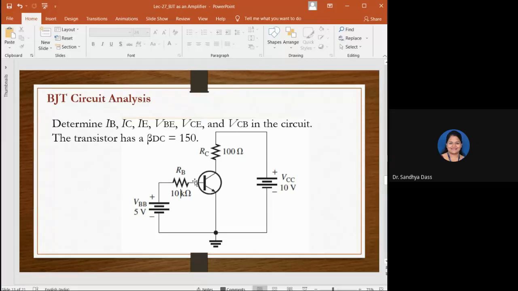But what about the voltage across VBE? Recall the two junctions, the emitter base junction and the collector base junction. Where are they? Can you identify here? In between base and emitter terminal is your emitter base junction, isn't it? And between collector and base terminal is your base collector junction. Now, in order to make this device conduct, you have to forward bias the emitter base junction and reverse bias the collector base junction.